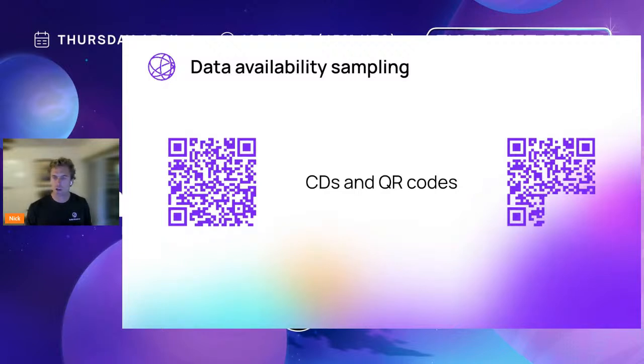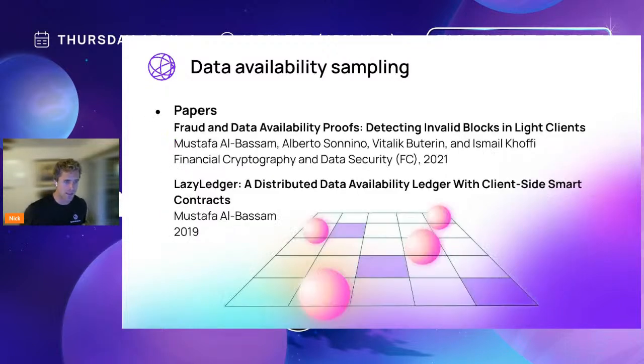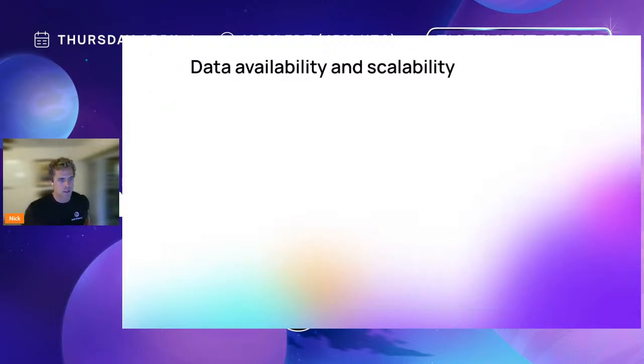So it's kind of like flipping a coin where, if it keeps coming up heads over and over again, you become more and more confident that it's always going to come up heads, right? So it's similar. The more you sample, the more confidence you gain, up until the point where, after enough samples, you have a 99.9999% confidence that the whole data is available. So it's like a probabilistic way of verifying data availability. And this is the paper. I encourage everyone to read it.